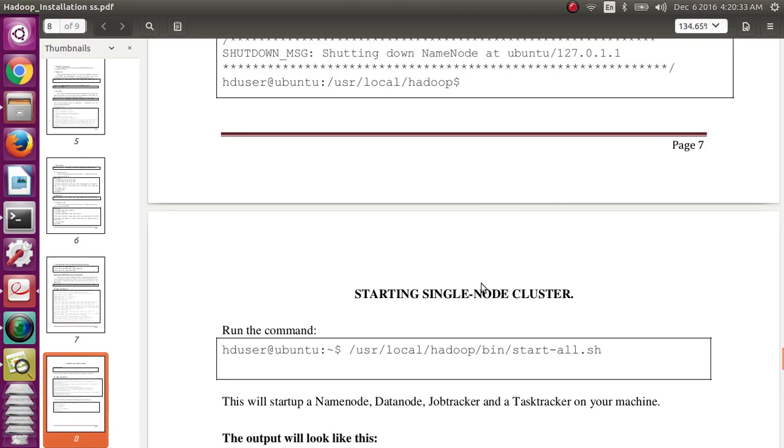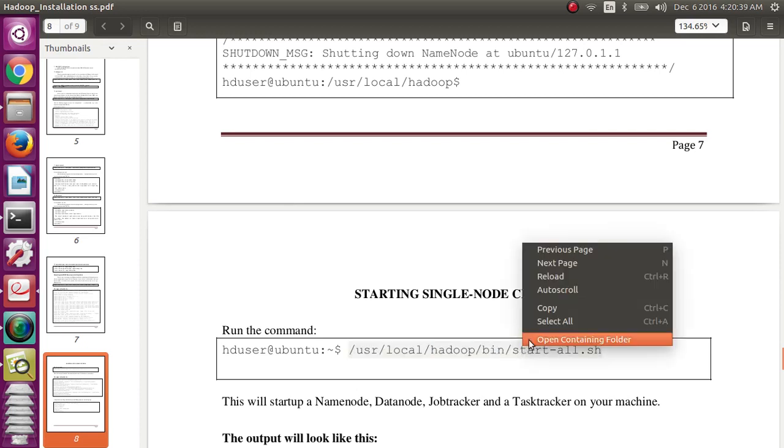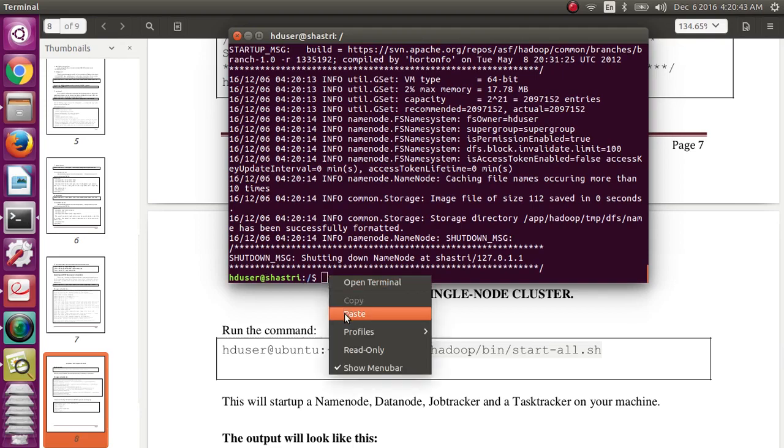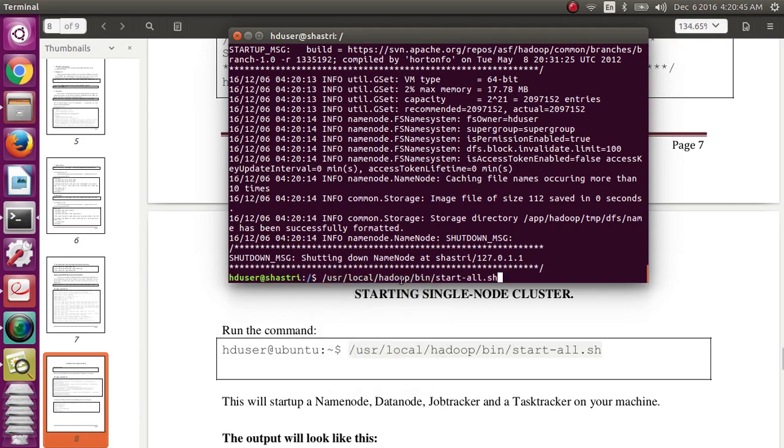Our next job is to check whether Hadoop is successfully installed or not. For that we need to go to the bin directory. We have installed Hadoop 1.0.3 under the root user's local hadoop. Under Hadoop, we need to start the name node, data node, job tracker, and secondary name node.